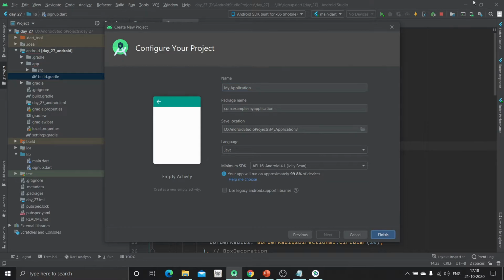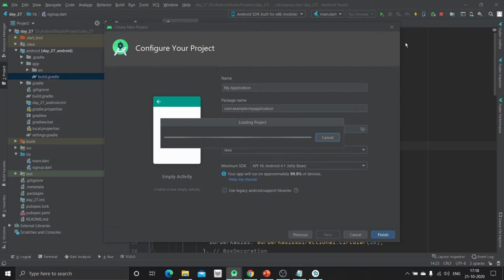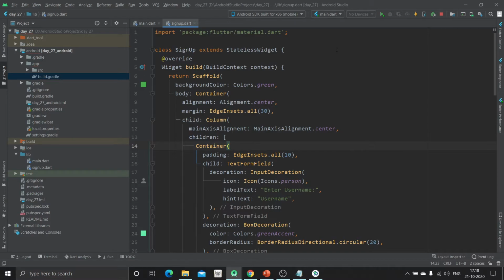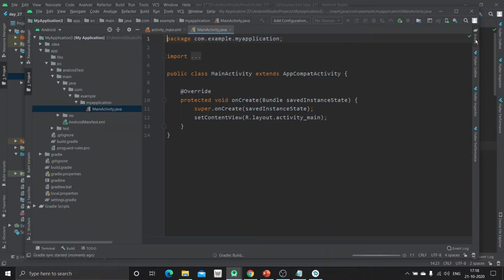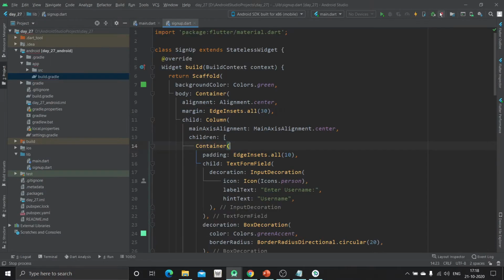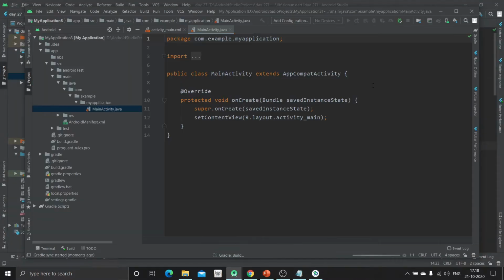Finish that. Also, you can navigate from the search bar. That is how to open the Gradle. So I am going to open the Android project to copy the SHA key. Here this Gradle is visible, while in this Flutter application the Gradle is not visible. That's why I have opened the Android app.